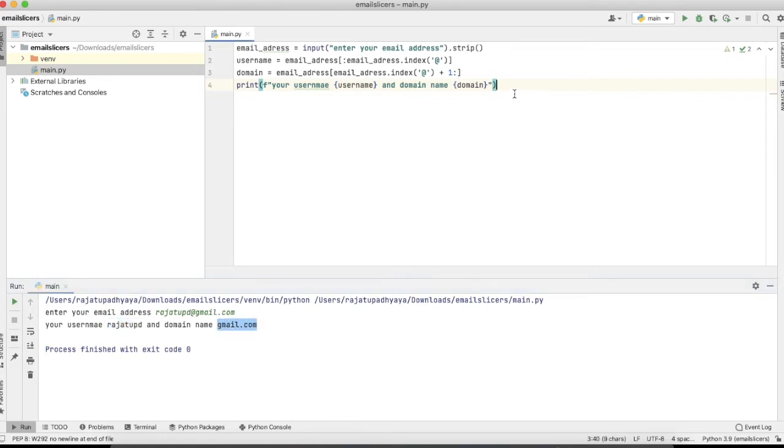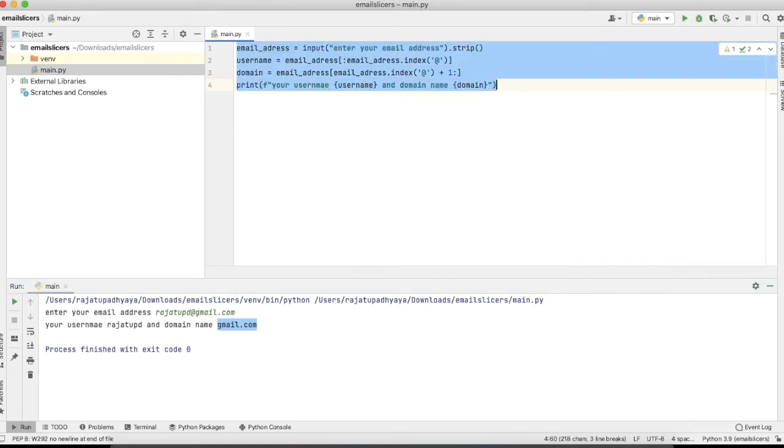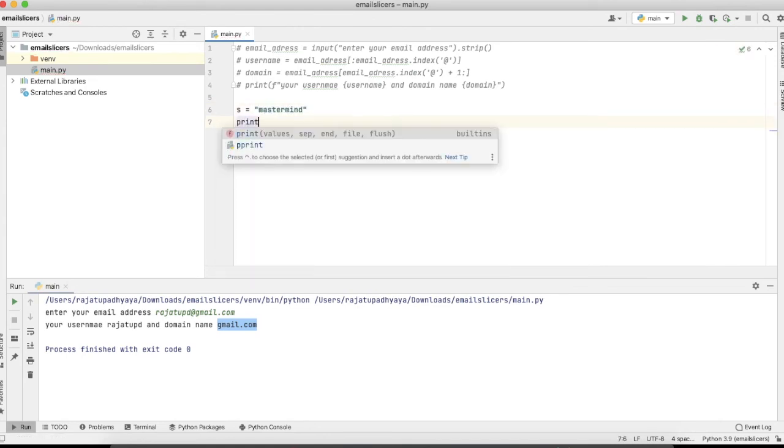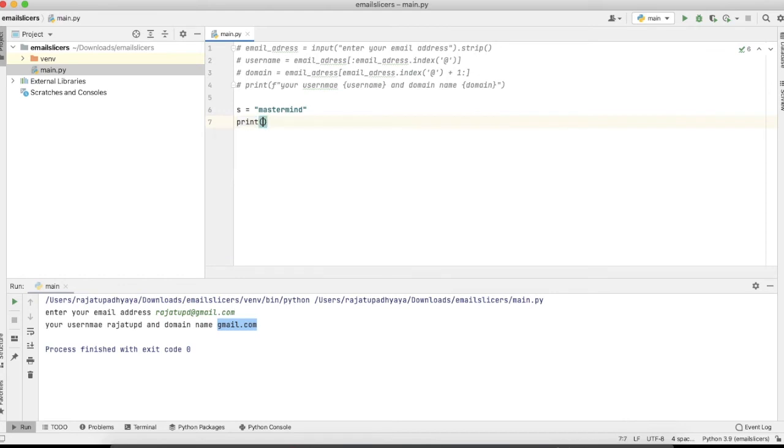So let me clarify these two lines of slicing. I'm commenting out all the code. Suppose I'm taking one string like mastermind and doing a slicing operation. As you already know, for slicing we use colon. On the left hand side we pass the starting index, on the right hand side we pass the ending index.